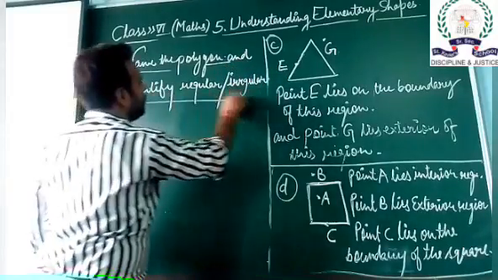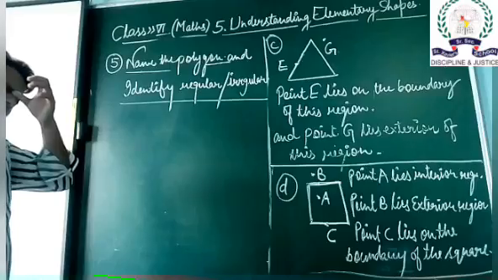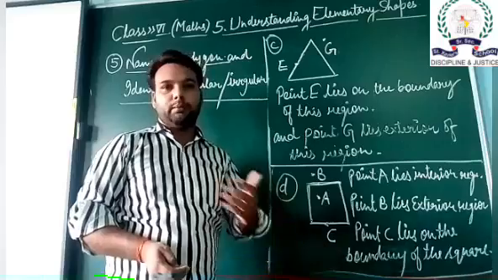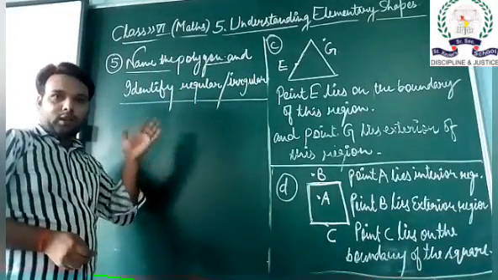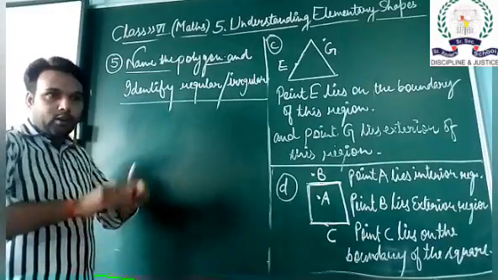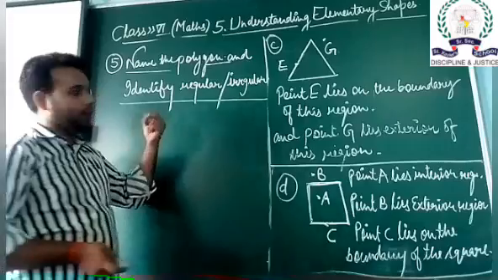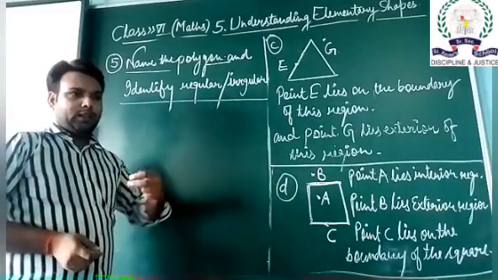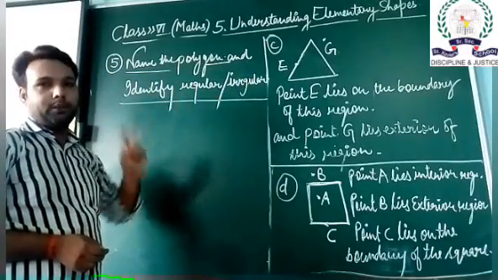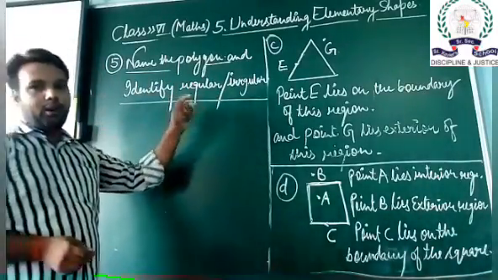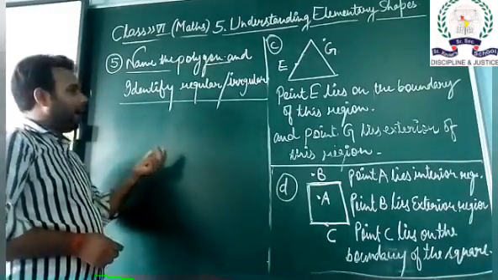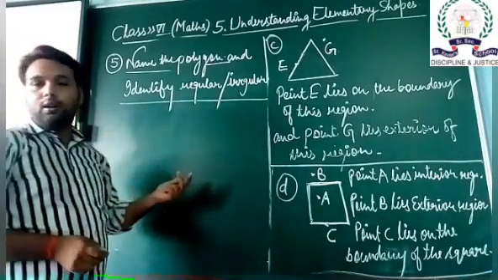Which type of figures are known as regular? Regular means a type of figure in which the number of sides and the number of angles are the same. The lengths of the sides are the same. These type of figures are known as regular polygons. If they are not equal in size, then we call it irregular. If the measures of the angles are not the same, then we can say that these type of polygons are irregular shapes. Okay, then some polygons are given here and you have to identify the name of the polygon and which polygons are regular or irregular.